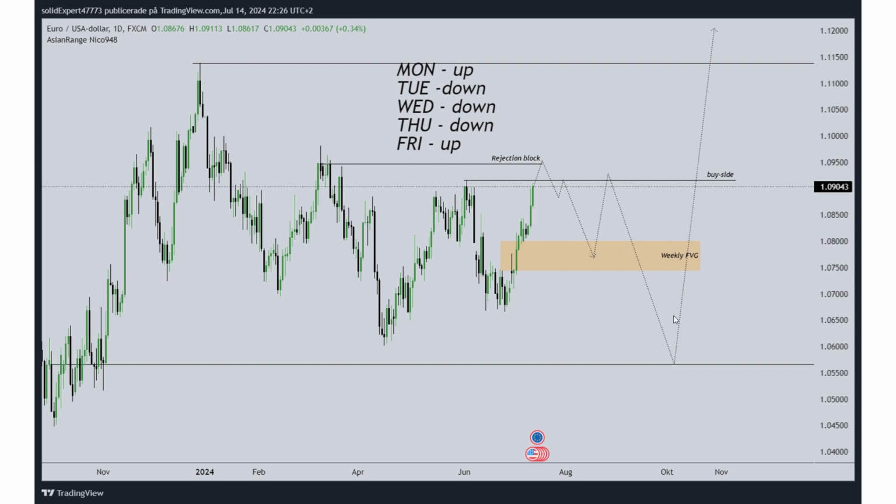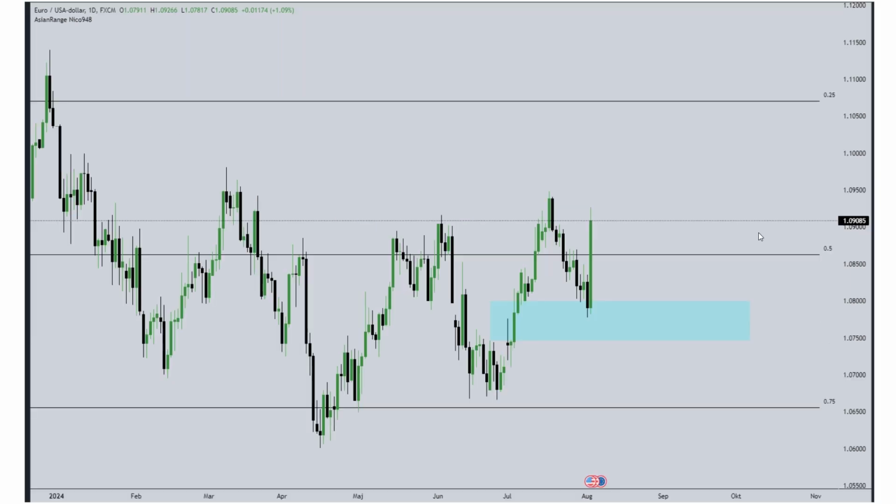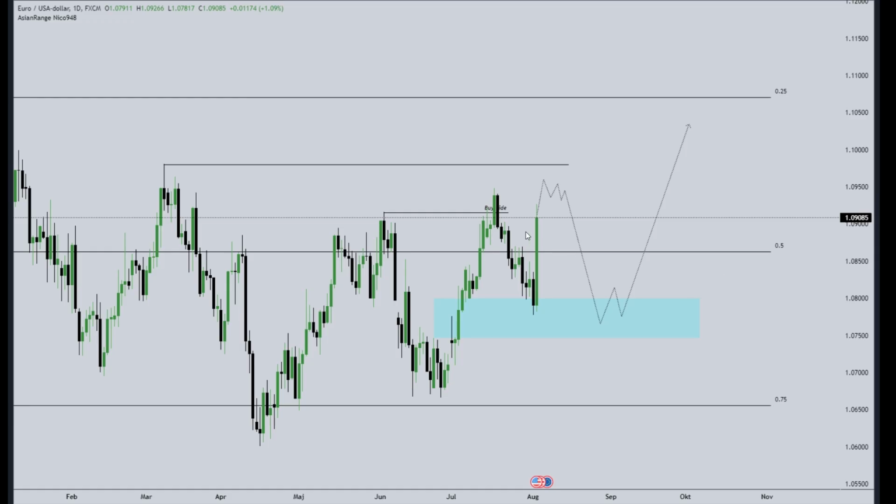I don't think we'll deliver this lower now. I think what we'll do from here is deliver upwards, taking this specific buy side, leaving this buy side, engineering relative equal highs, reaching down lower, taking out sell side, and then delivering upwards. So in here, you can precisely see this. I think we'll take out this buy side, but we'll engineer buy side liquidity over here. We're going to create relative equal highs right here. Why, I can't really explain, but it has to do with August time as well. Then taking out sell side liquidity, reaching down into this fair value gap again, and then delivering upwards towards the 0.25 gradient swing. And that's it, guys.